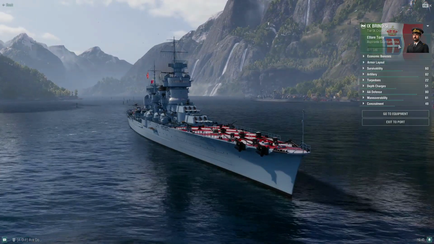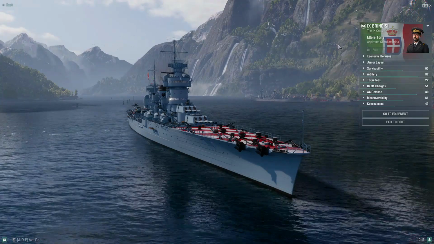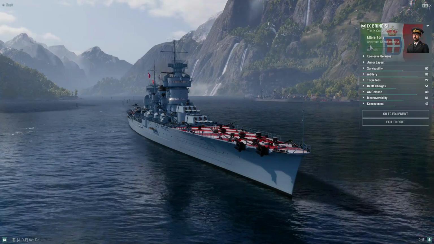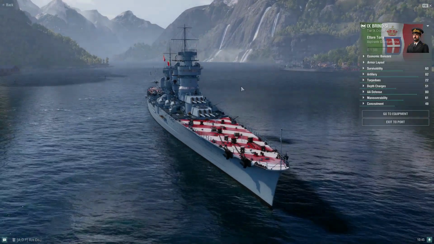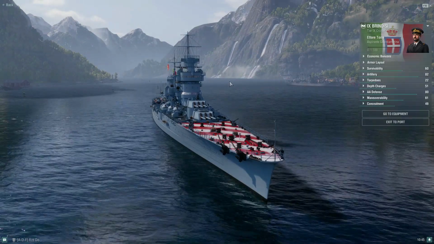Pay no attention to the commander. I had Sansonetti on the Brindisi, but I have since moved him off to Venezia, and I wanted to put a 0-point commander on just to be able to go through and pick out different builds, because I think there are a lot of different possibilities with Brindisi compared to a lot of other tier 9 cruisers,